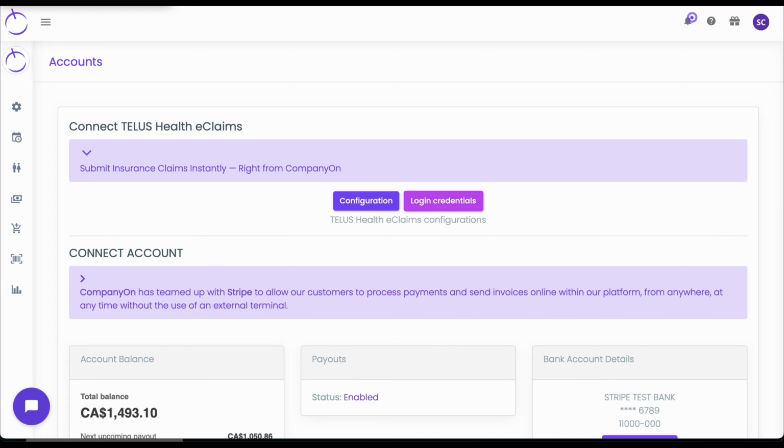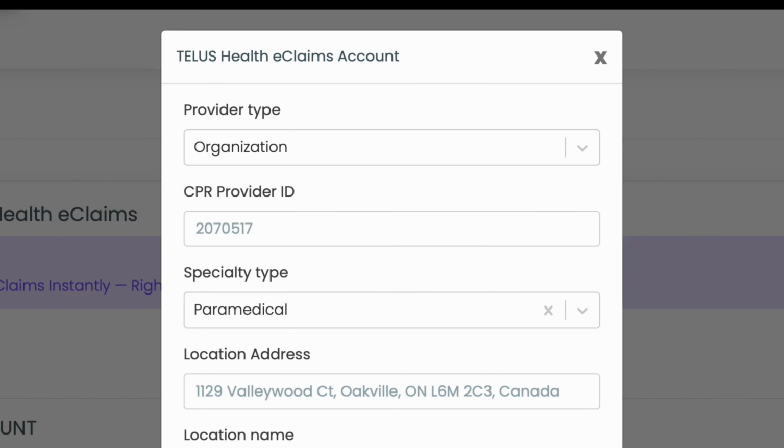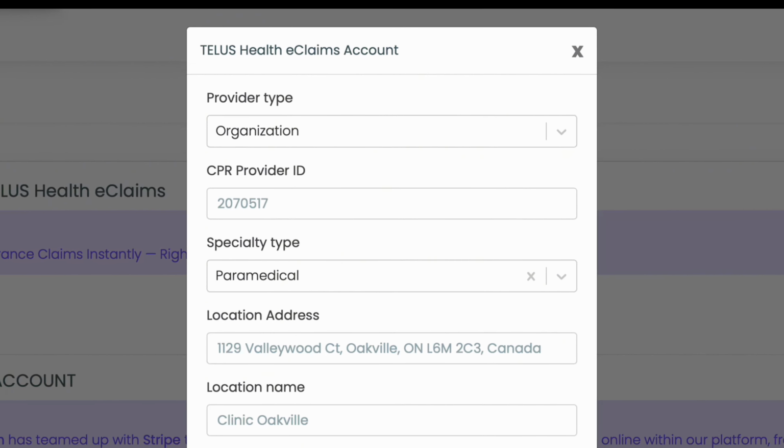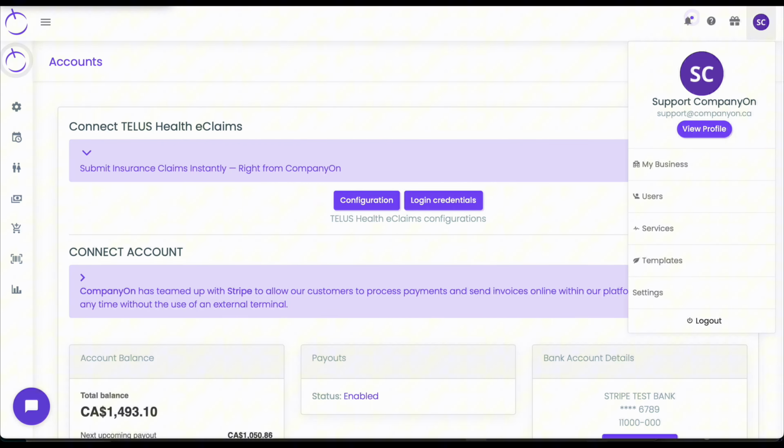Once you have logged in with your credentials, then you can go into the configuration process. In here, you are going to follow the prompts. Make sure that the information you are adding to the different fields does align with the ones that you were able to create when you signed up with Telus Health. Once you have saved this information, please head to your profile